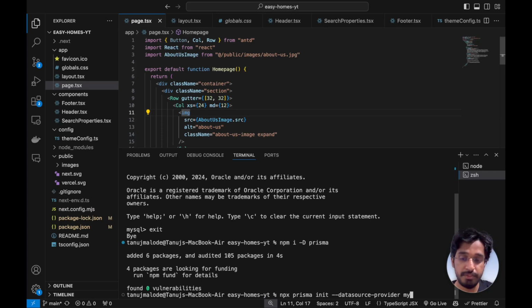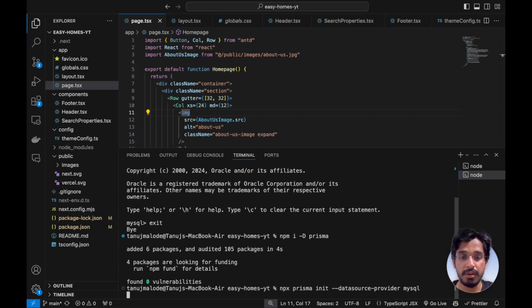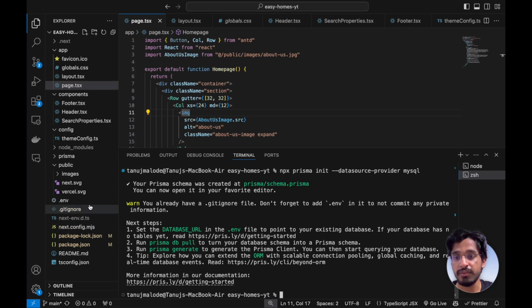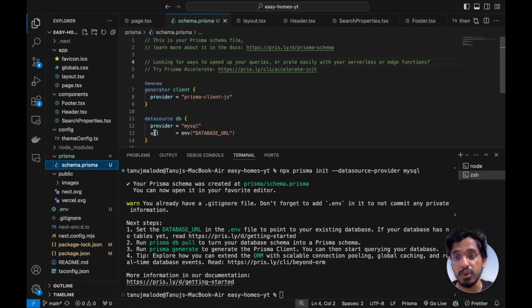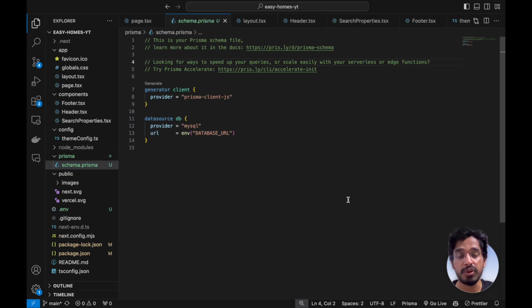that is MySQL, okay. MySQL, and hit enter, okay. So you see that we get a folder by the name prisma, and within that we get some boilerplate code for our schema.prisma, okay. So in this file we define all of the schema of our project, like the properties, the users and messages and all that, okay. So you see that the provider here is MySQL, and the URL is taken from the environment variable called DATABASE_URL,